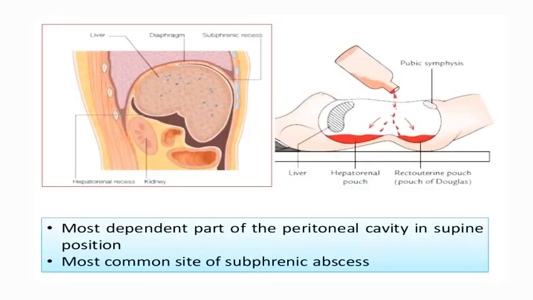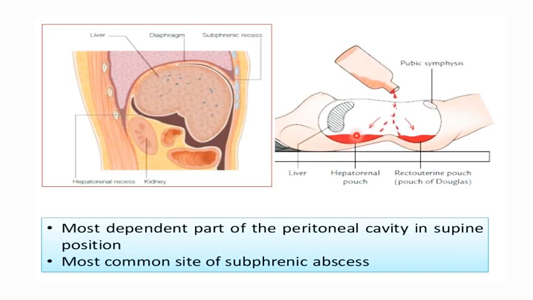Next applied aspect, we already know this. So this one here in between, this is the right kidney, this is the liver, and the space present here is the hepatorenal pouch of Morrison. Whenever a person is lying in a supine position, the hepatorenal pouch of Morrison becomes the most dependent area of the whole of the abdomen above the pelvic brim. So this is the pelvic brim. So above the pelvic brim, this is the most dependent area.